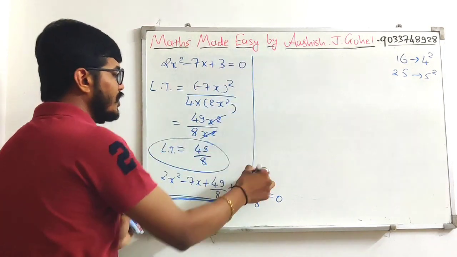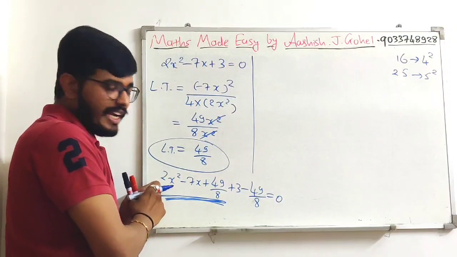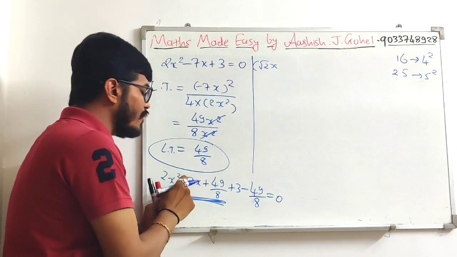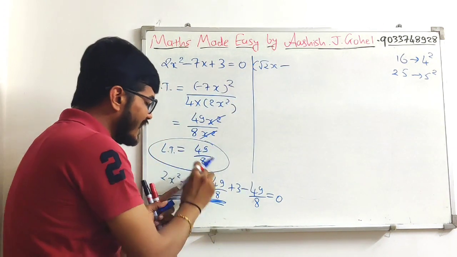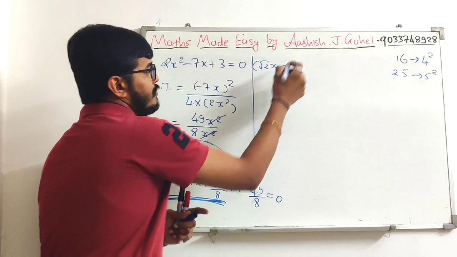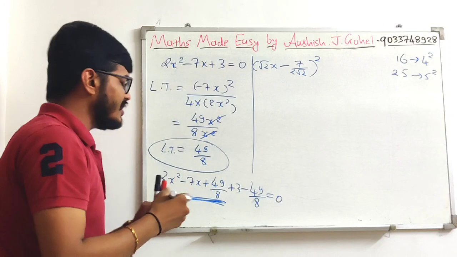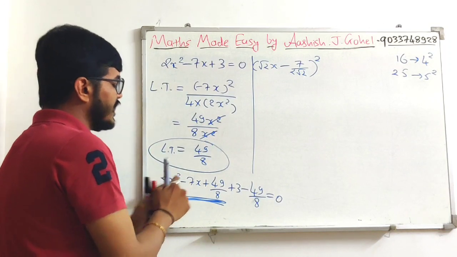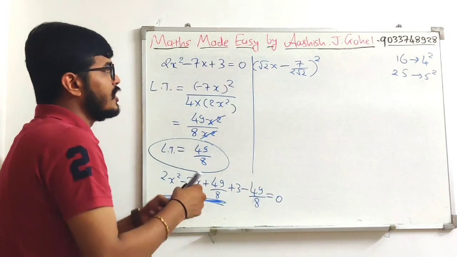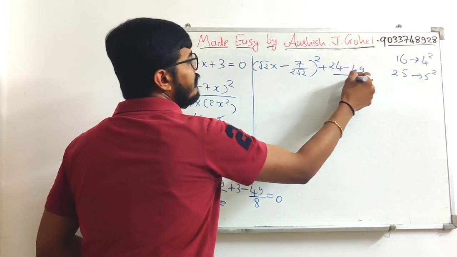For that you need to remember a very short trick: find the square root of the first term. So the square root of the first term we write down over here, root 2x, then put the sign of the middle term. Forget about the middle term, just take the sign from the middle term and then take the square root of the last term. So 7/(2√2) will be the square root of the last term. Again, understand this: take the square root of the first term, take the middle sign and then take the square root of the last term. Then add and subtract this, so we will get 24 minus 49 divided by 8 is equal to 0.